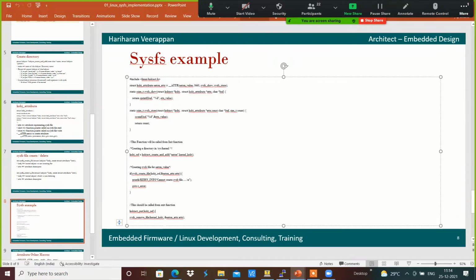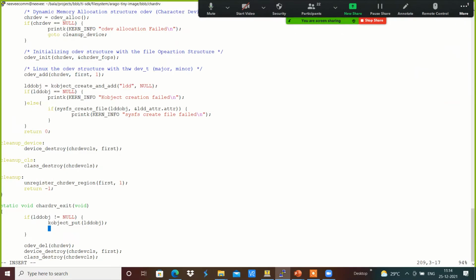We will add ldd_obj and the attribute file accordingly. sysfs_remove_file over here, and ldd_obj comma ldd_attribute.attr accordingly over here.